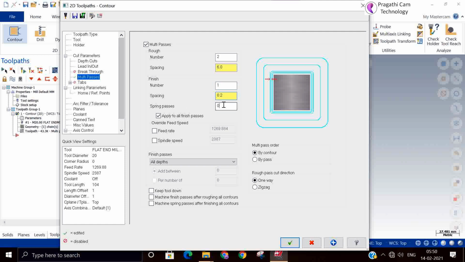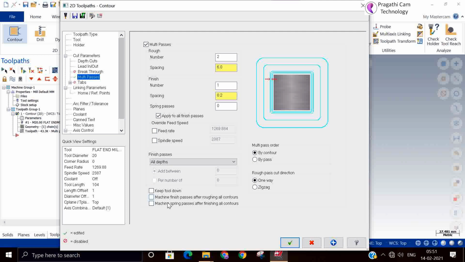If you give spring pass, it means one additional pass it will go, but I don't want it now. So if you want to change feed rate and spindle speed at the spring pass, you can add it. If you want to override, you can override. Okay.